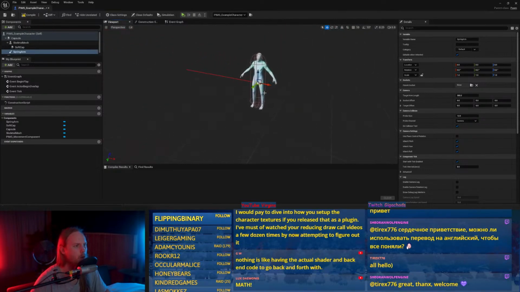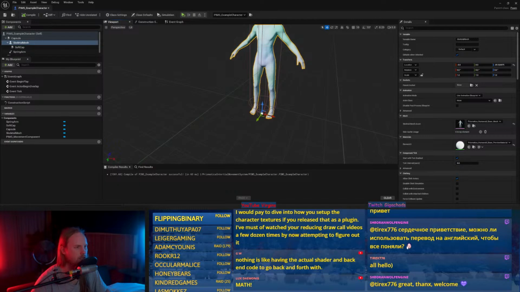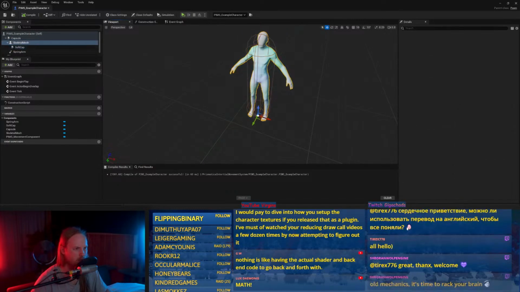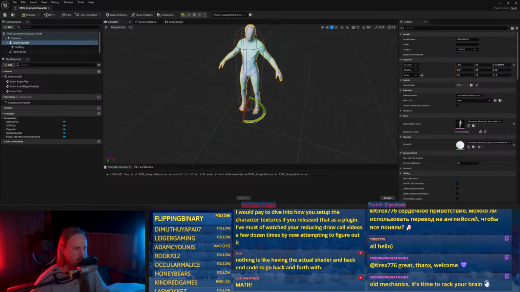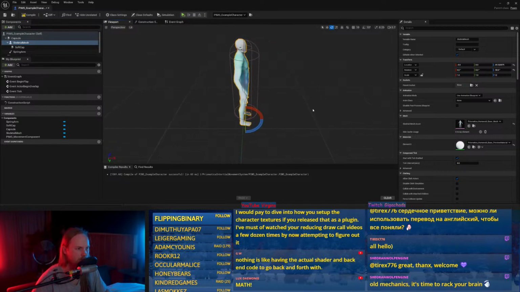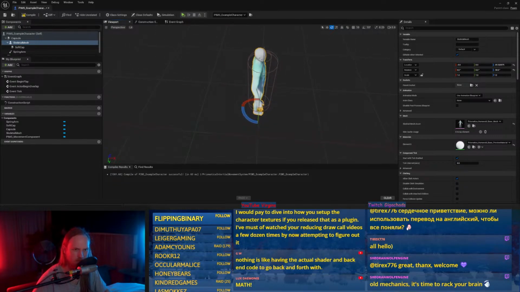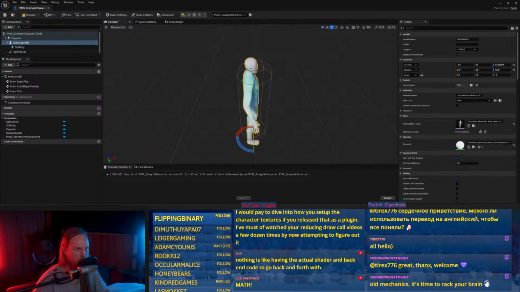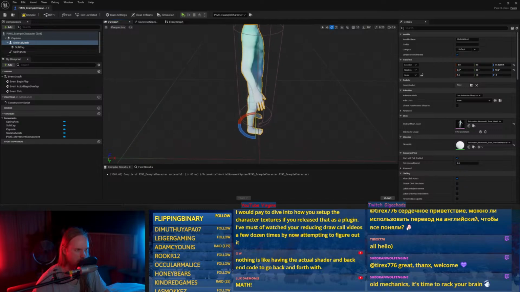Here's another weird thing. Is a character usually X forward? Is that a thing? Fuck, I can't remember. Also, why does it look like he is not in the middle?